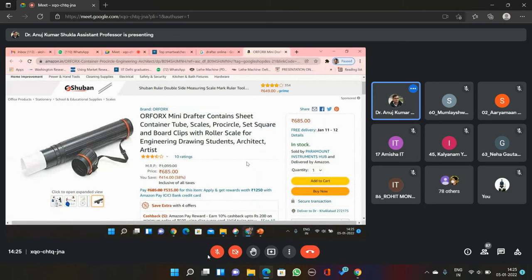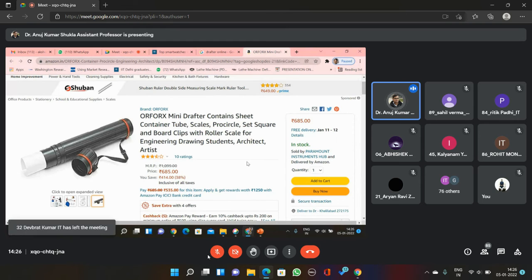Another thing I want to let you know is that nowadays no industry uses such hand drawn drawings, because everything has shifted to computers. They are using AutoCAD, CATIA, and many designing tools. How many of you are aware of designing tools? So this course is made just to give an understanding of basic things.